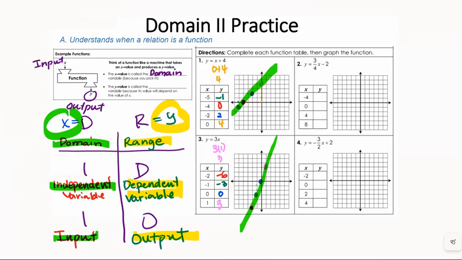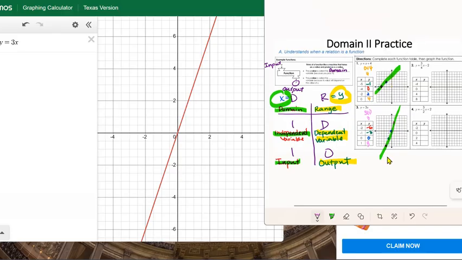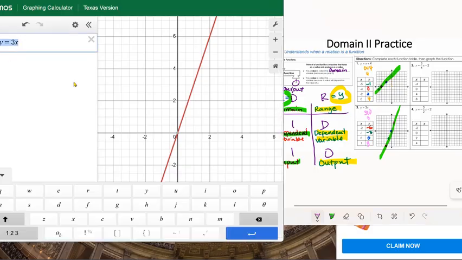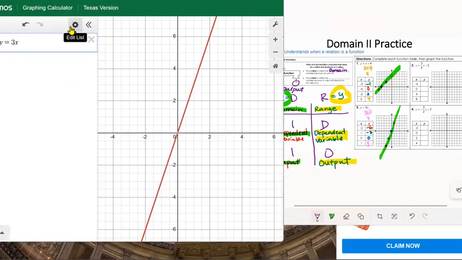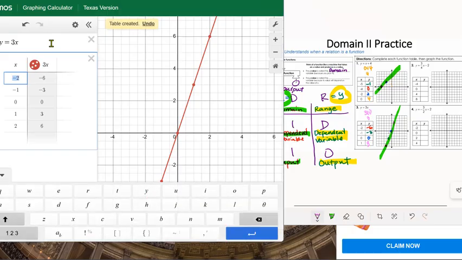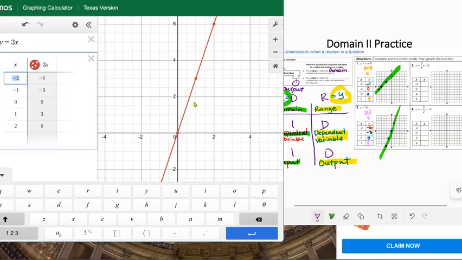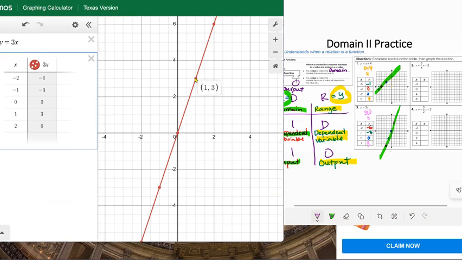Okay. Sir, how can I get to that? Like we did earlier, no? That's my equation. I'm just going to go to the donut or the gear, Desmos, and then I'm going to the table. Boom. Click the table. Oh, it's aligned. The values are -2, -6, -1, -3, 0, 0, 1, 3. We're good? Yes. All right, no? If you click this, it tells you where that number is. See? All right. Now,